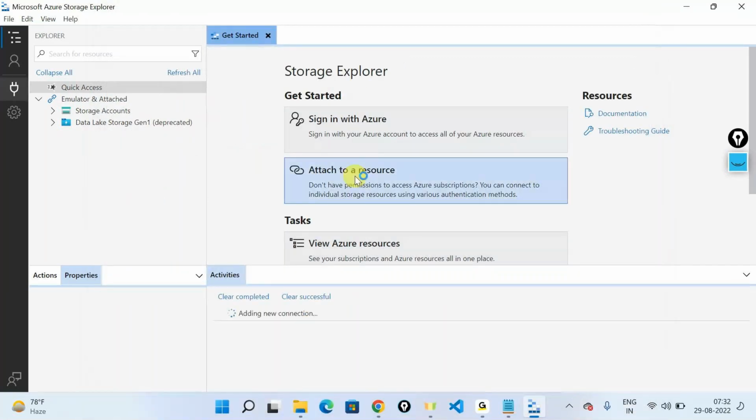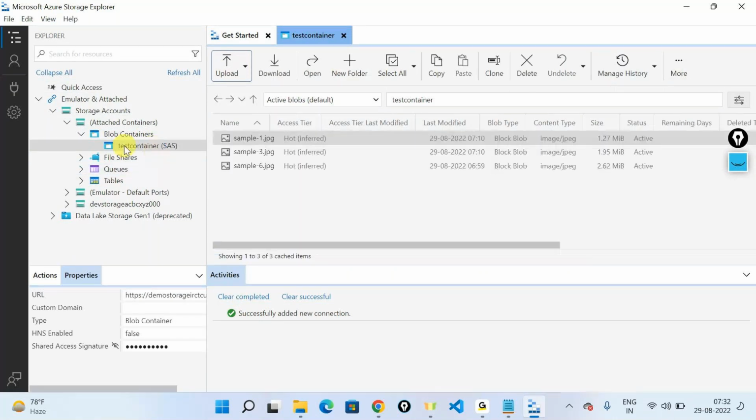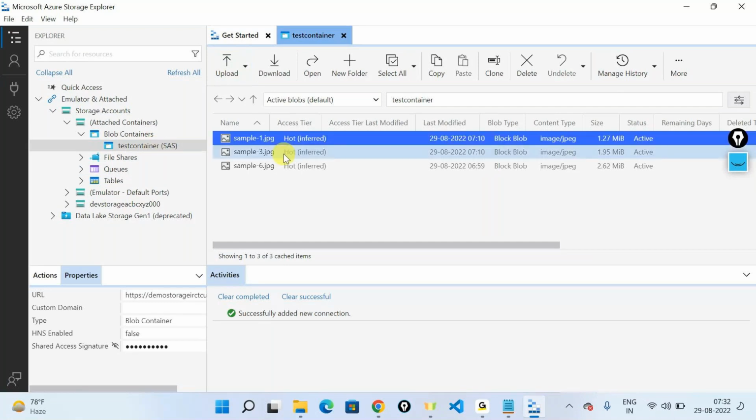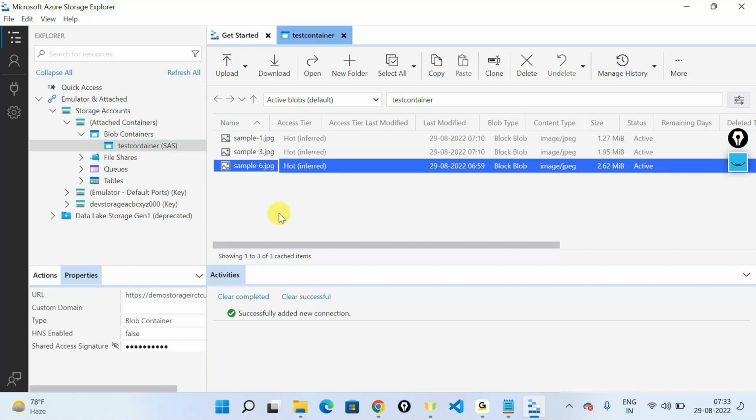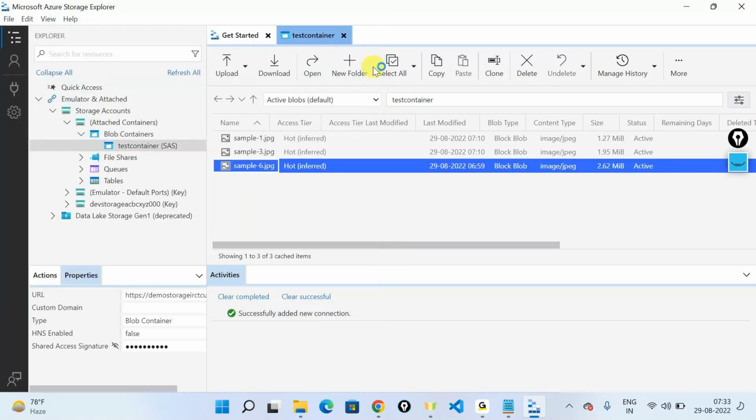So what it does is that it establishes a connection between your computer and that particular storage account. And if you look at this, it says the connection is successfully added. And then if you see this, I am now connected to something known as the blob container, and all these files, or all these blobs, is something that I'm able to see. Not only see, I'll be able to download this out, or I can save this out in one of the folders of my computer, or I can do whatever I want to, depending upon the permission level that I do have,